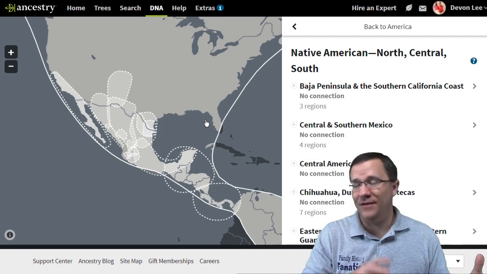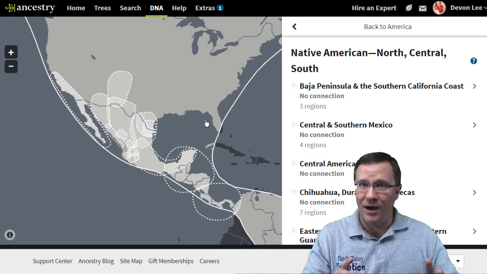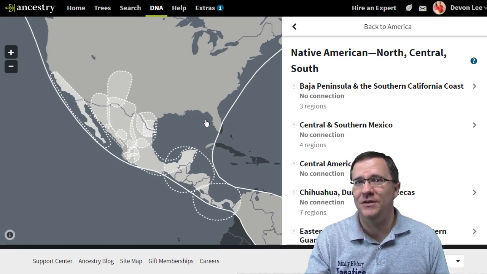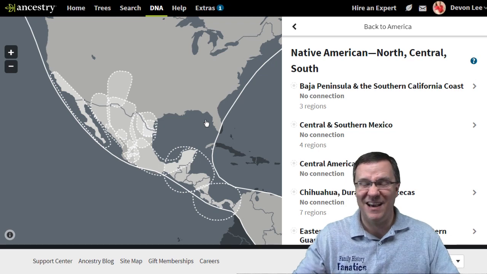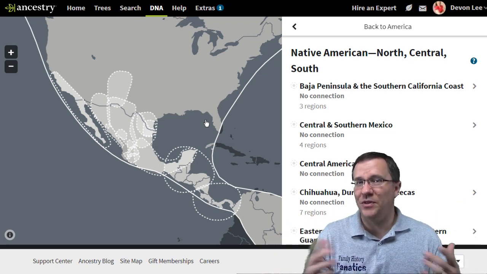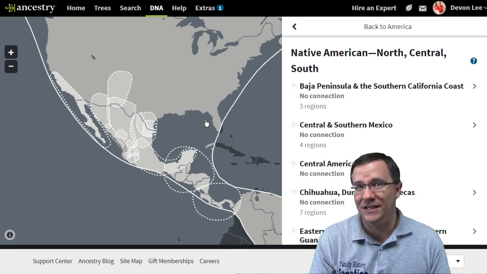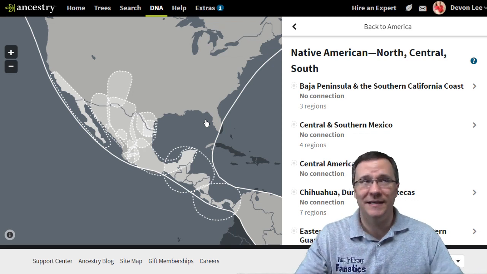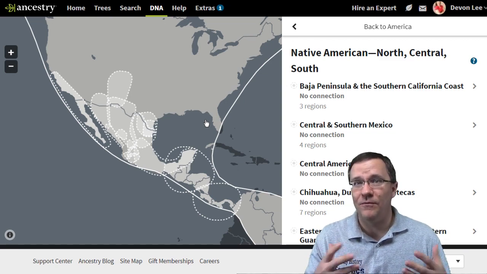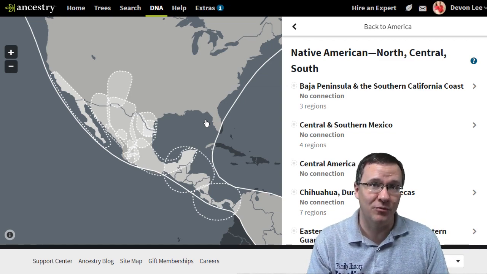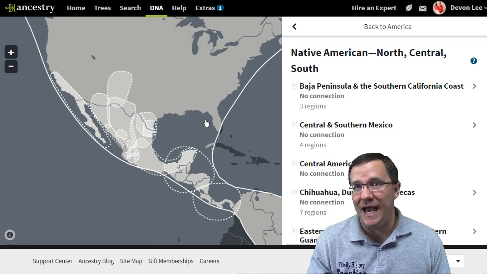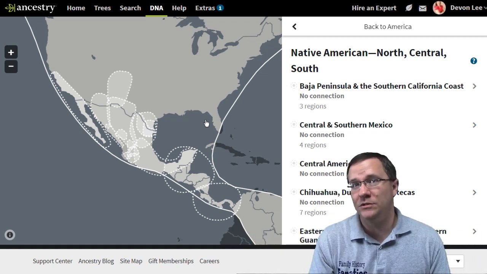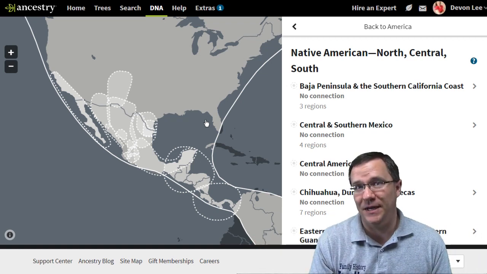So if you have some ancestry that you know about that's not showing up, then one of the things to check is to go and dive deep into each one of these areas and see if it's even possible that Ancestry is looking at that kind of ancestry. And for a lot of these, it's not. And that's just because there haven't been enough people from that group or that have ancestry from that group that have tested to create a reliable reference population. So what we do need is we need more people to be tested by all of the DNA companies.